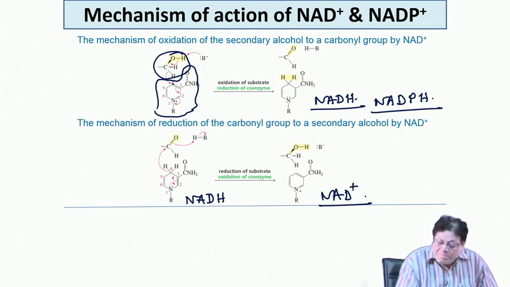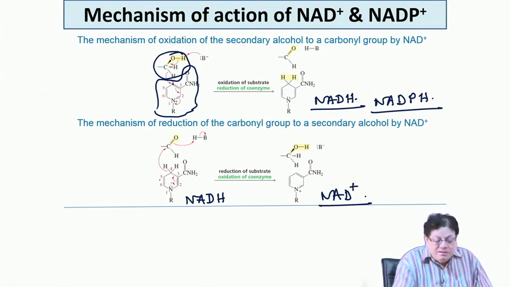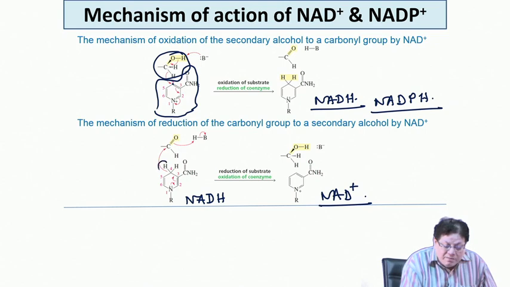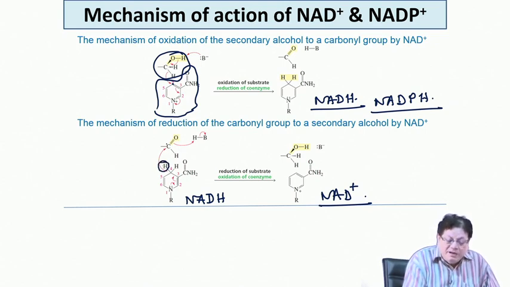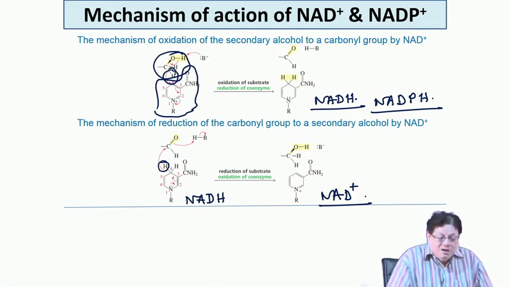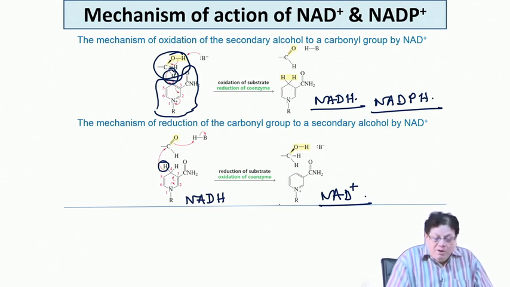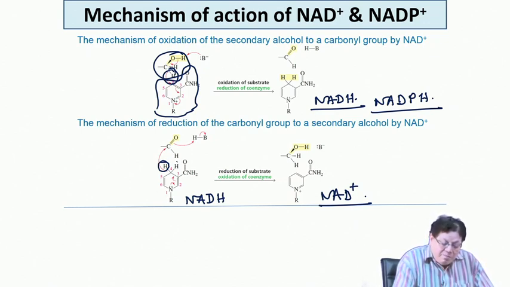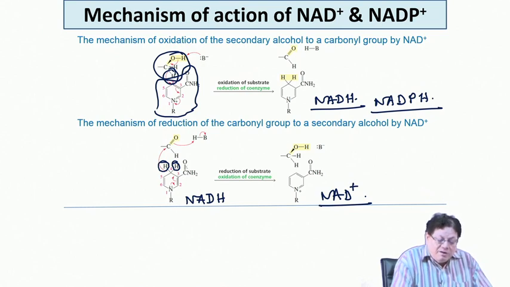Now, all these migrations have been demonstrated. This is the hydrogen from the NADH that migrates and attacks the carbonyl carbon, or the reverse, the alcohol hydrogen, the carbonyl carbon hydrogen, if you make a deuterium here, and that is what is transferred to this aromatic ring. And not only that, you have a stereochemical part here, and that is that these two hydrogens are basically enantiotopic